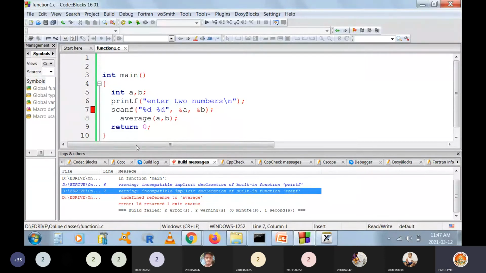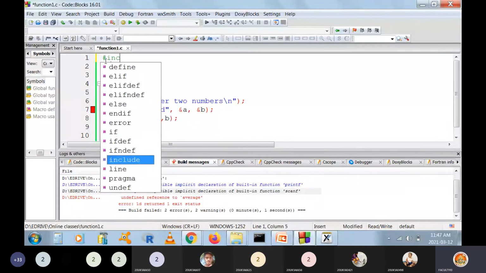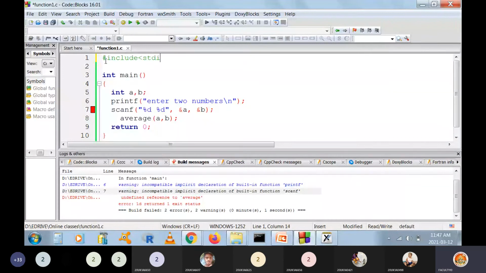So for our user-defined function average and the predefined functions, you must indicate where they are. For that purpose we include the name of the header file, saying include stdio.h. What happens when you write this? During compilation, this entire statement is removed and the contents of the stdio.h file are added here, before main.